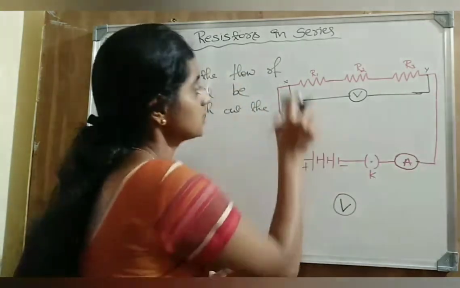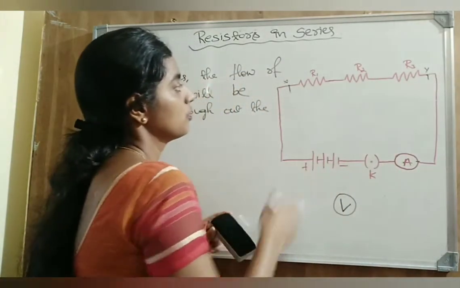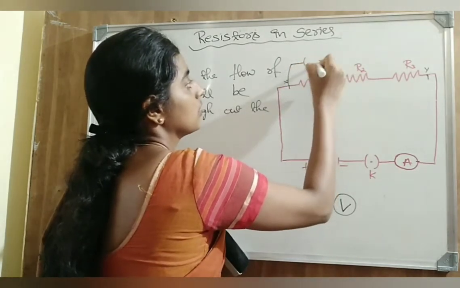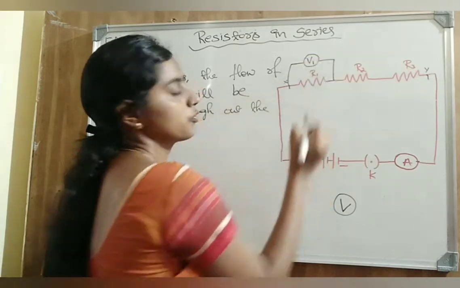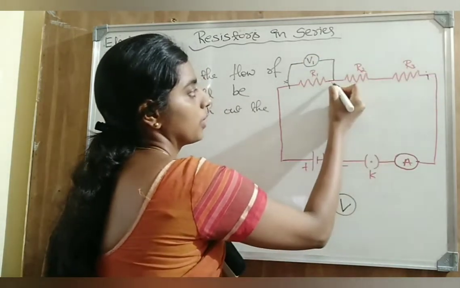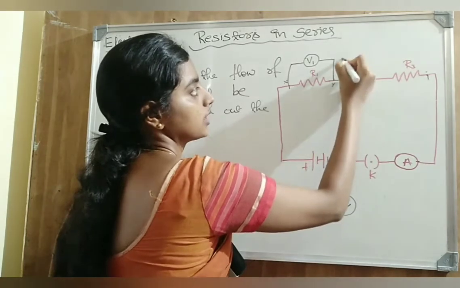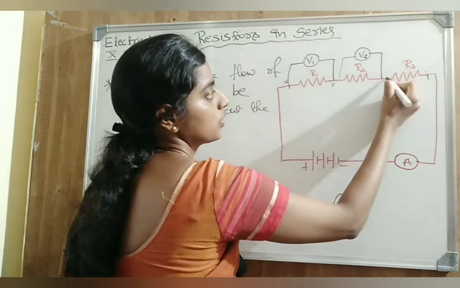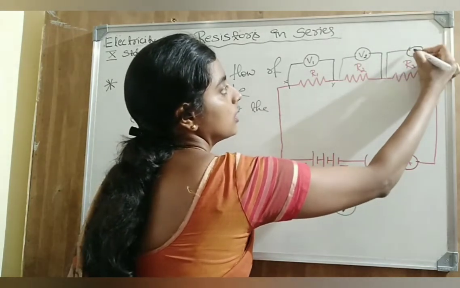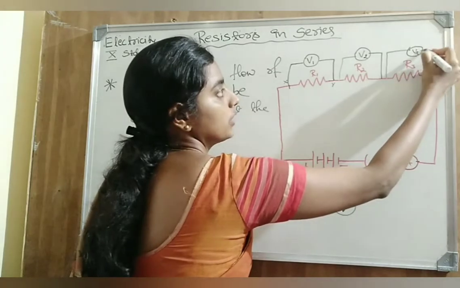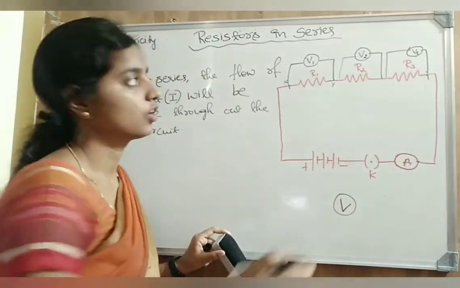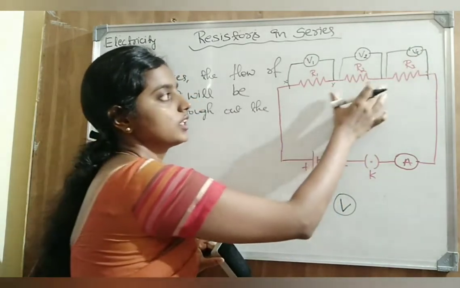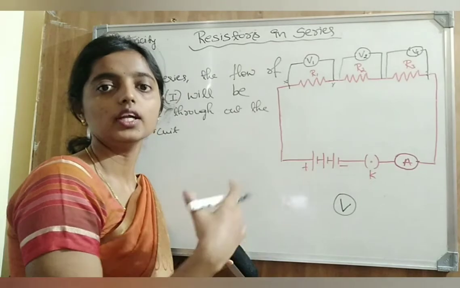Now we'll take from here to here. Let it be named V1. Now this will be our X and Y. Now again the same thing we will do for the second resistor, which we will call V2. Now the same thing we will do for the third resistor, that is V3, and note the readings of V1, V2 and V3. We see that all the readings of potential difference will be different.